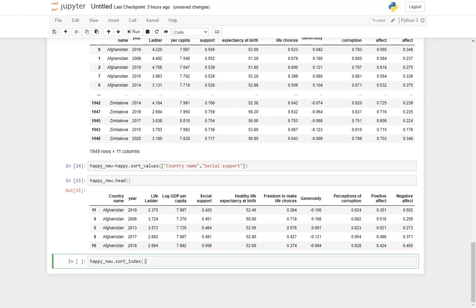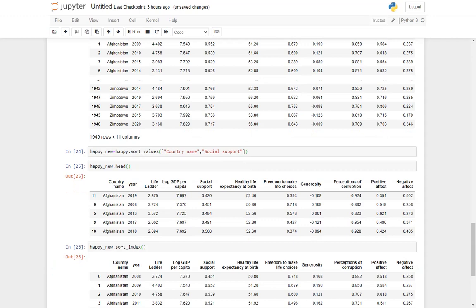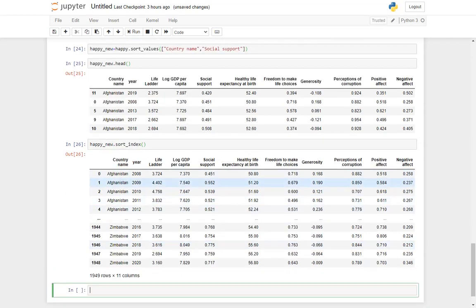Because sort_index is going to sort on the basis of the index. It is not going to take into account any of the column values. It will purely stick to the index value. So now, you can see it has been sorted depending on the index value. Basically, you will get your original data frame back.